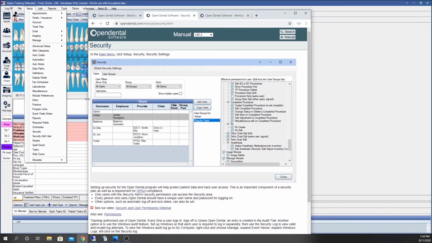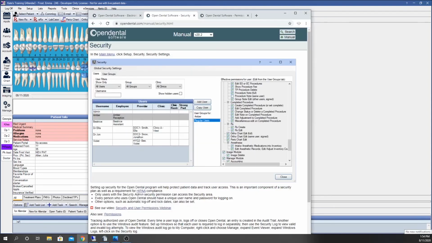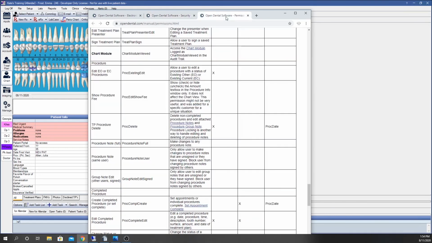This will allow you to add in users and different user groups. Under this same section, you'll note, and we'll have this down in the links for you, the Security and Users Permissions webinar. We can also see the Permissions section of OpenDental, which includes the note features and the security permissions